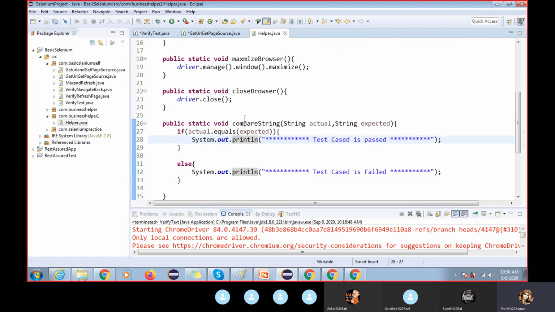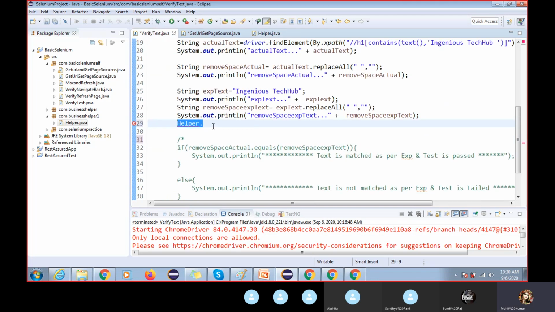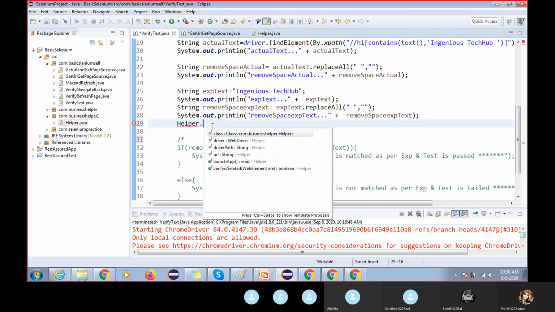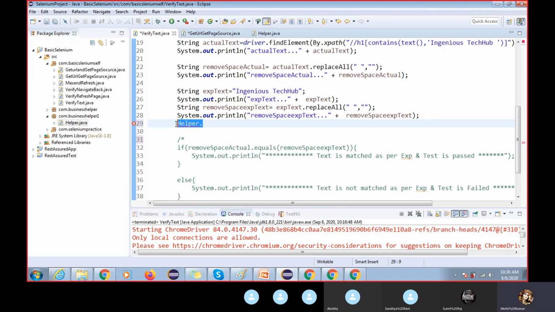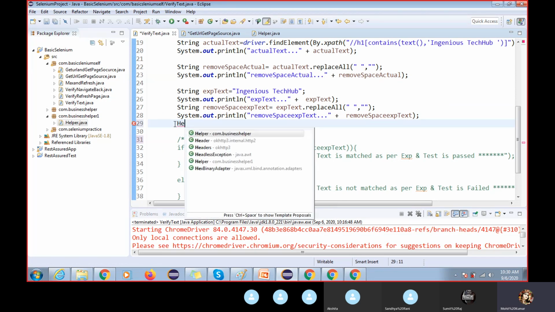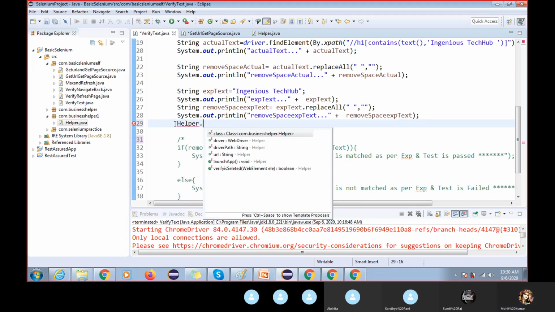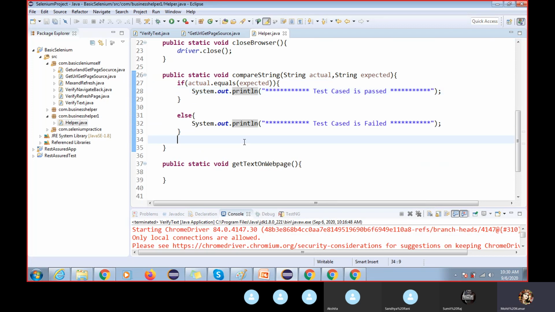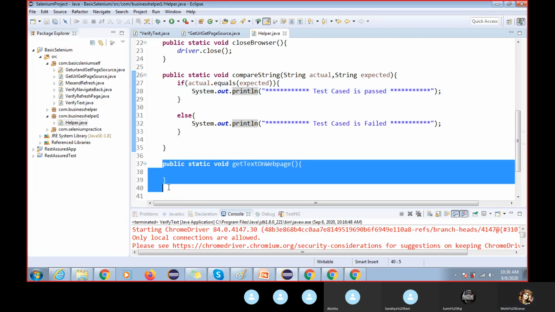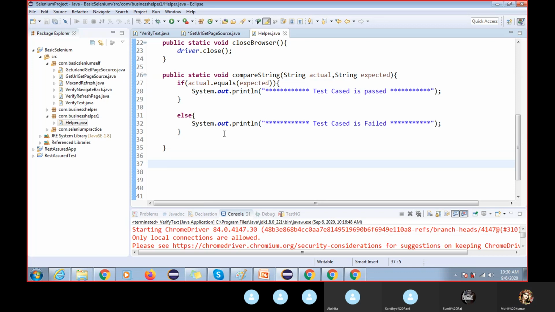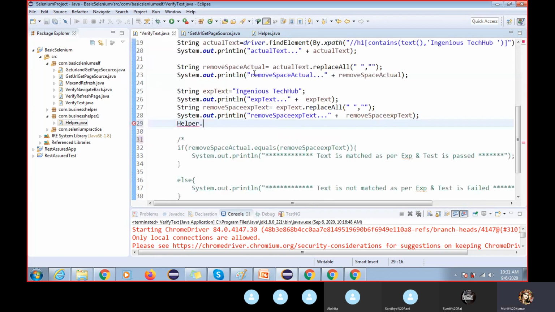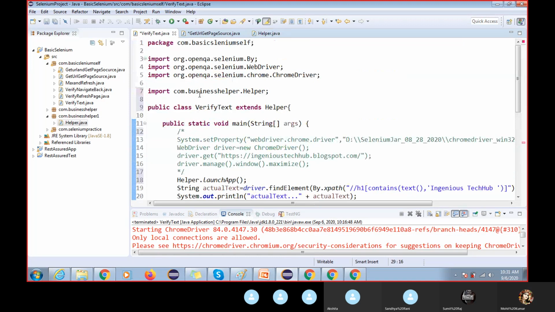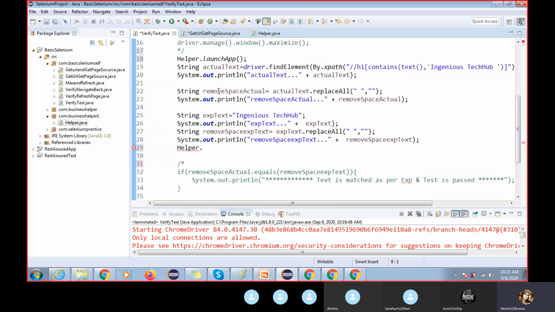It should come from the helper class, right? I don't know why it is not coming here. Maybe the driver path. It should come. I have imported this class. Yes, the helper class is imported, but why is it not coming?